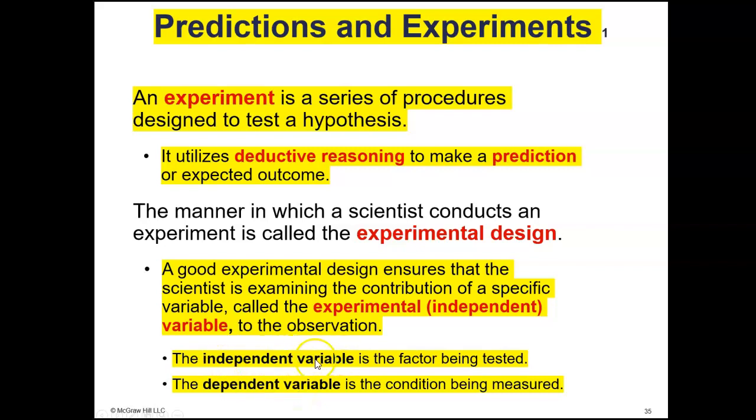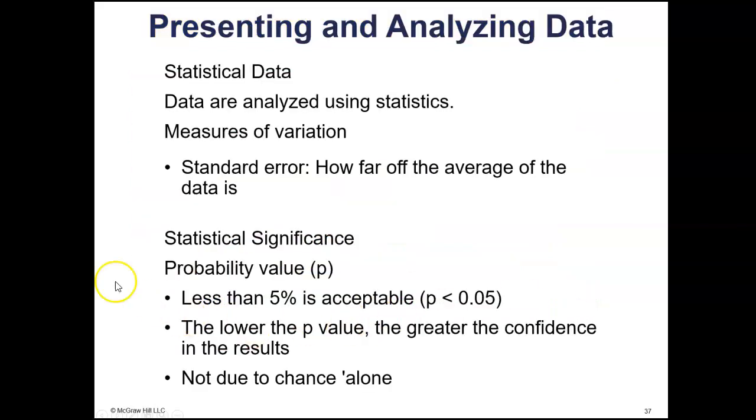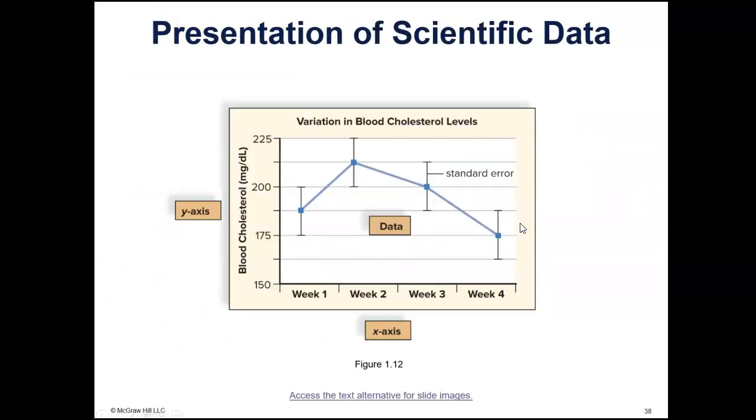What you are actually testing is the independent variable or experimental variable. Then you have control variables, which are variables that are kept constant. We'll keep the temperature constant, for example. The amount of light will be constant, that kind of thing. And then we're just looking here at the x-axis, which is going to show your